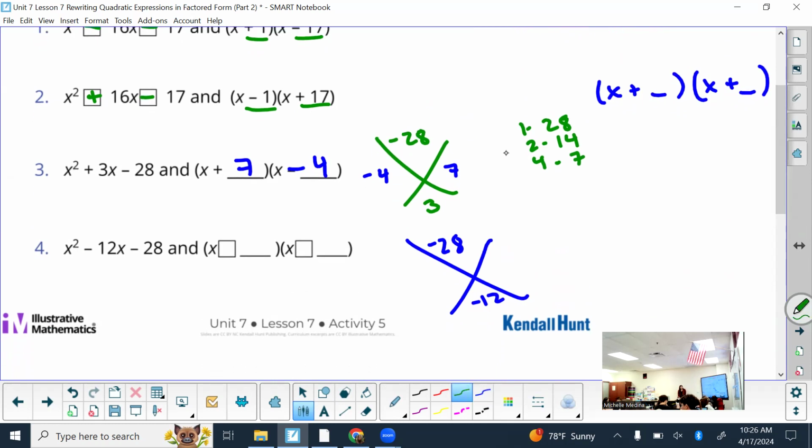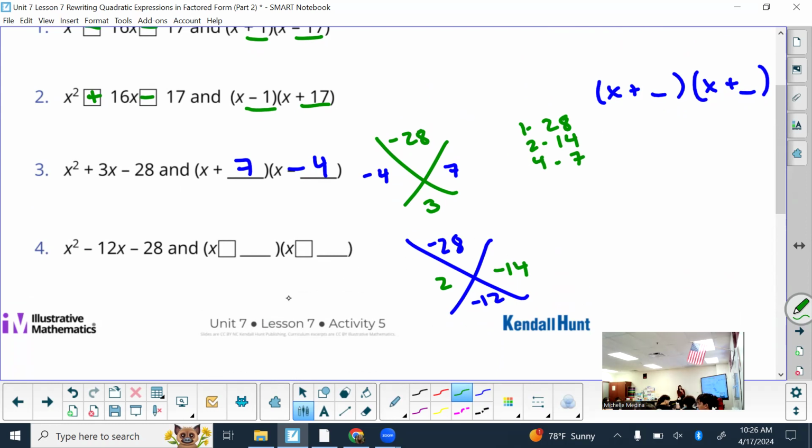Table 3, can you tell me? 2 and negative 14, yes. There's no way I could mess around with 1 and 28 to give me 12. Same with 4 and 7. It has to be these two. Since it multiplies to a negative, one of them has to be negative. Since it adds to a negative, it has to be the negative 14. So it has to work for the entire thing,